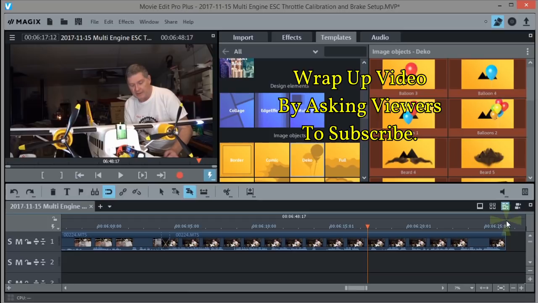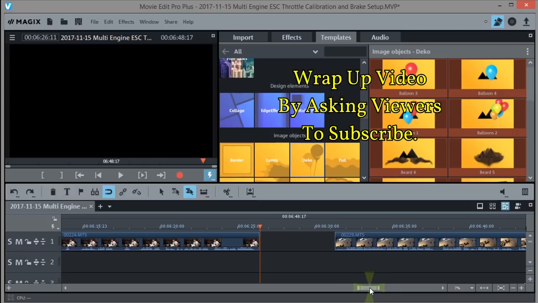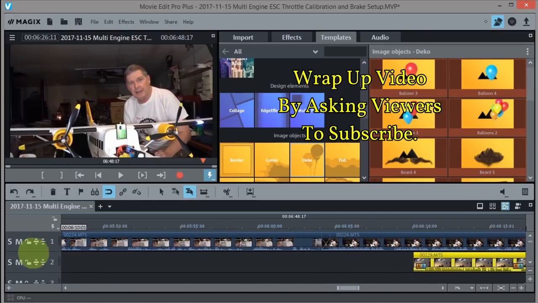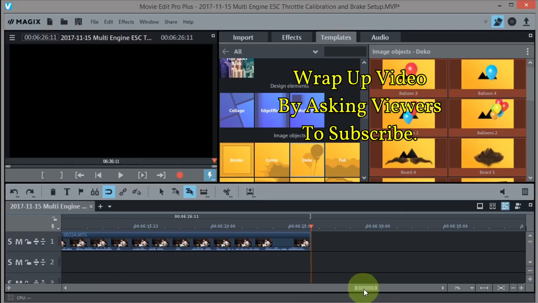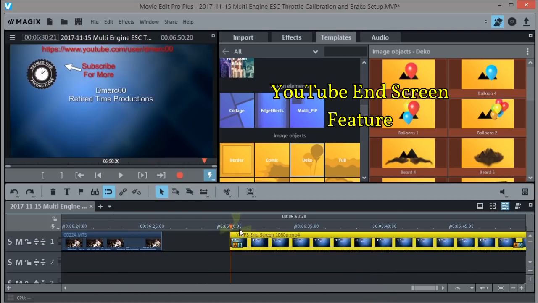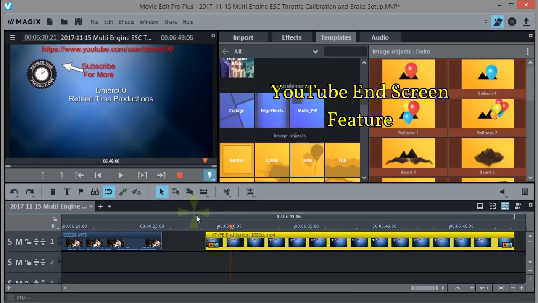Another thing I often do at the end is I'll throw in an end screen, and you can make an end screen also with Magix. That would probably be an entirely another video, but I'll just show you what one looks like. I got one more clip there that's the safety clip I have to insert, but I'll show you what an end screen looks like. So here's the end screen object, which I previously made in another session with Magix,